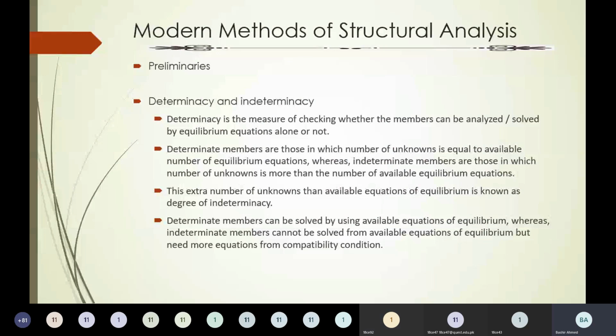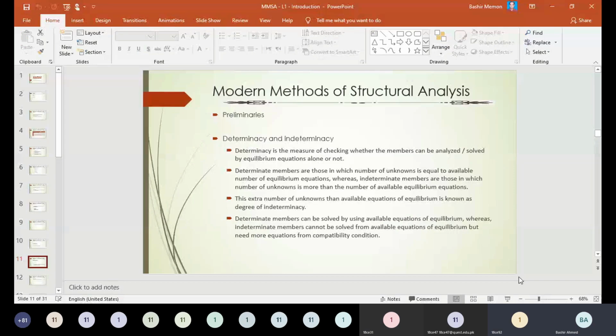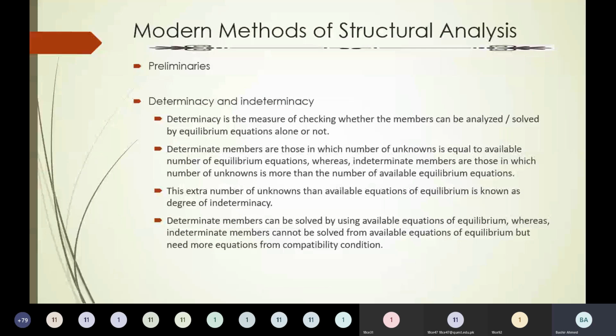Yes, there is a difference. Summation of x equal to 0, summation of y equal to 0, and summation of moment equal to 0. These are the three equations. And we don't have,